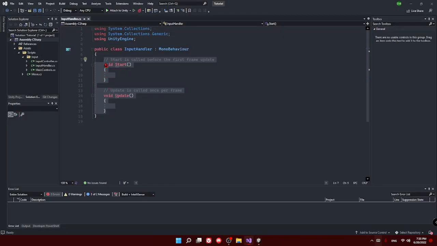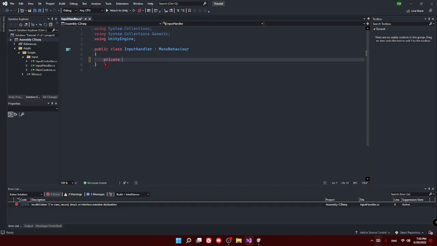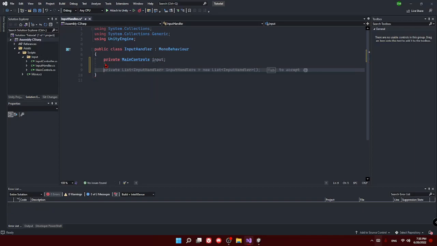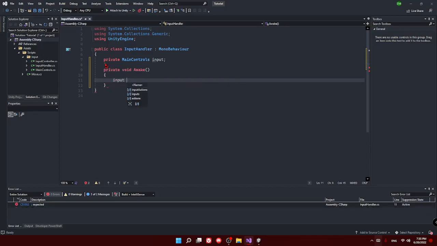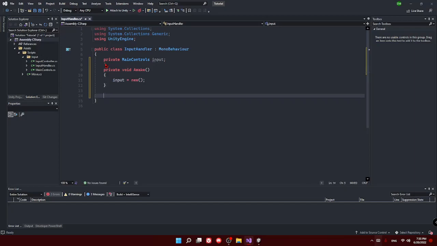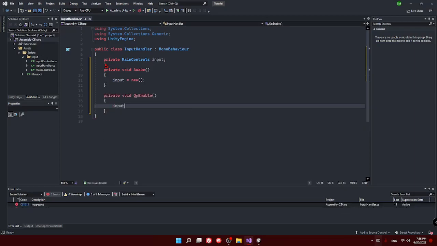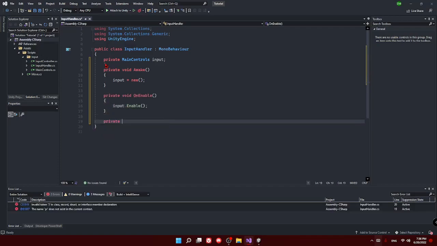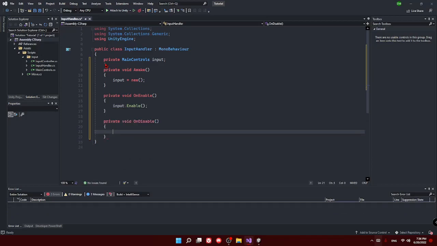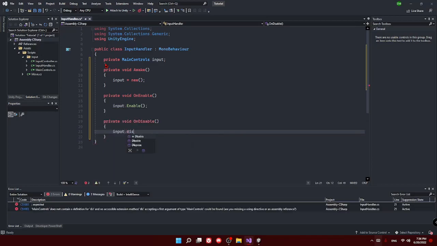So anyways, we need a private main controls input and the private awake input equal new, on enable input dot enable, private on disable input dot disable,